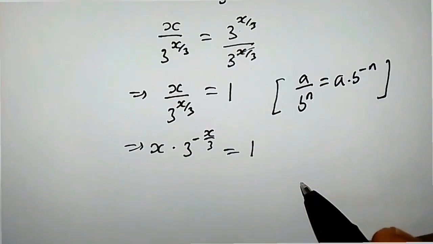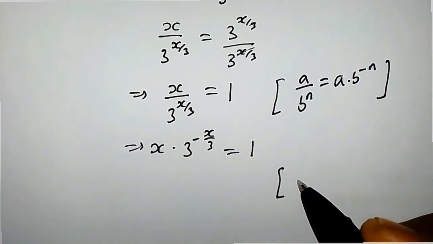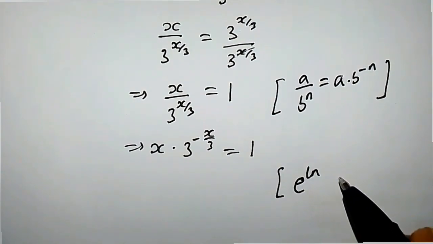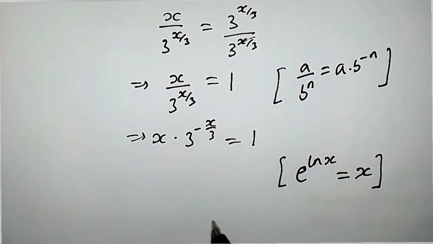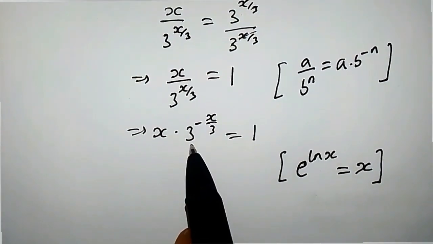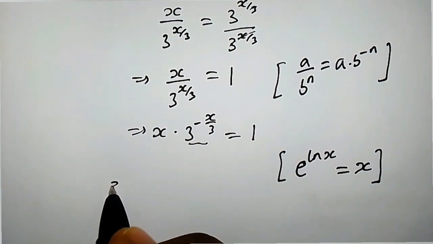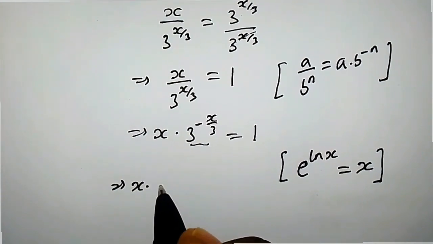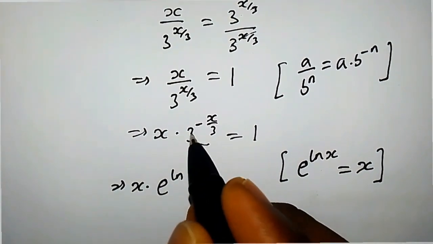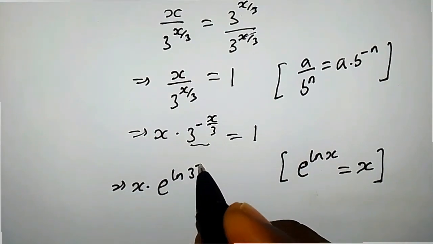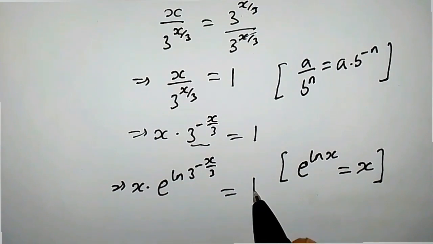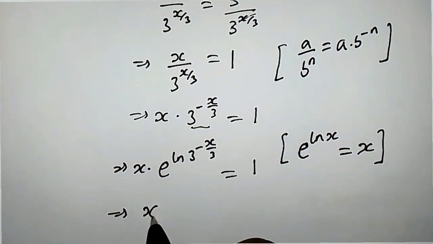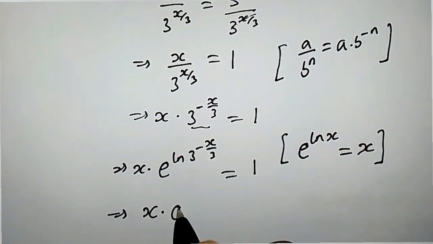equals 1. Also, recall that whenever we have e to the ln x, it is simply the same thing as x. So now using the same approach for this, we will get x times e to the ln of 3 to the power of minus x over 3, which is equal to 1. This implies we have x times e to the